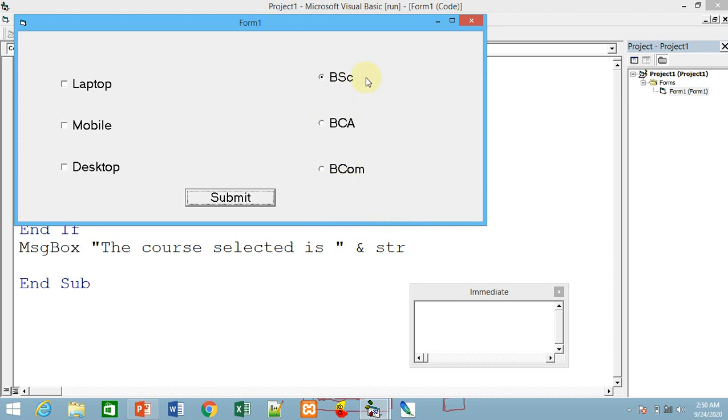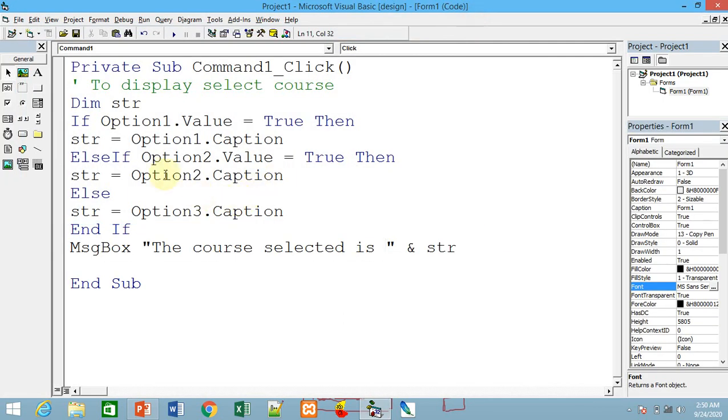On clicking option buttons, we are not going to get any information, but on clicking a command button like the submit button, we get the values of which one is selected, and according to that we store it. If option 1 is selected, then option 1's caption will be stored in str. Otherwise, if option 2 is selected, then its caption will be stored in str.